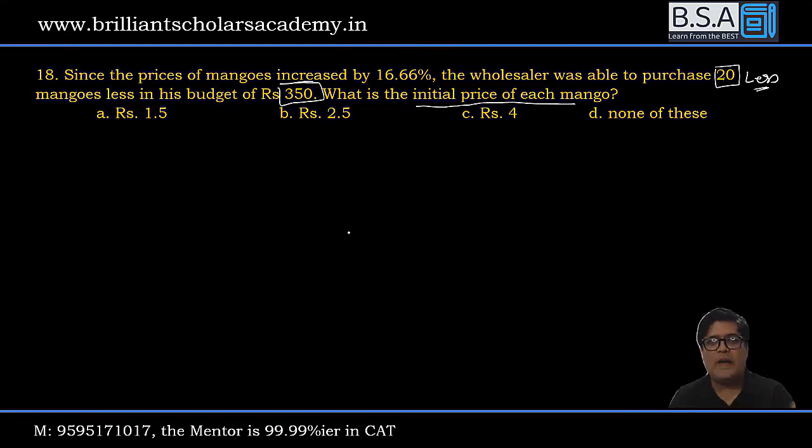You want to try with options, you can think, you can try, go ahead. There is an option called none of these also, that complicates things. Or you apply fundamentals. I have taught you percentage increase decrease through ratios. So, 16.66 percentage is equal to 1 by 6. What is the relation? Price into quantity is equal to